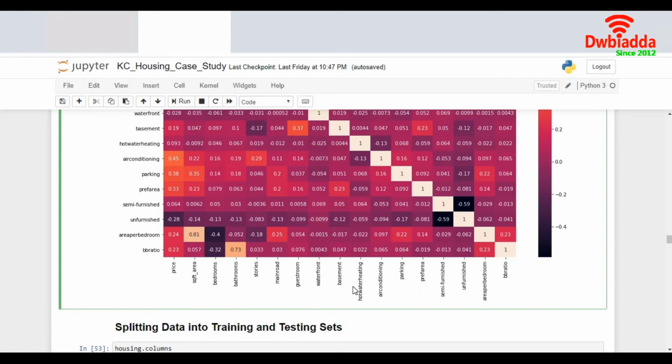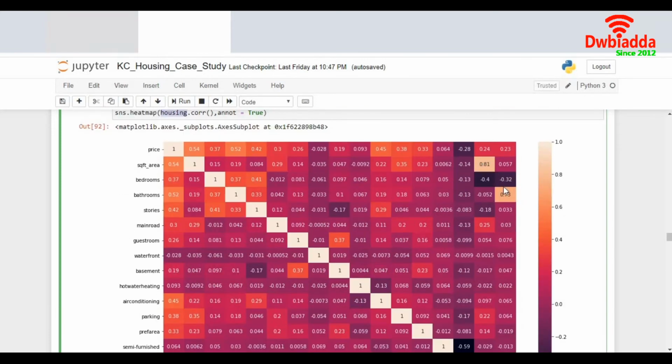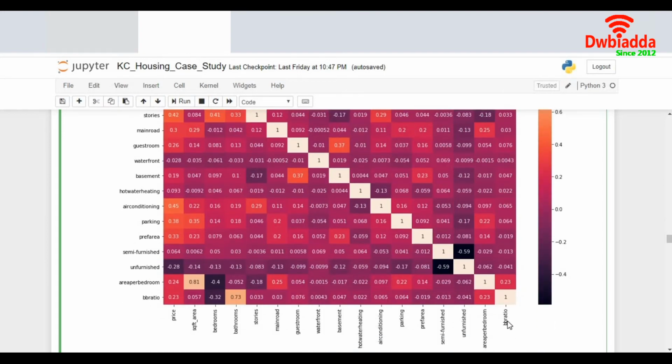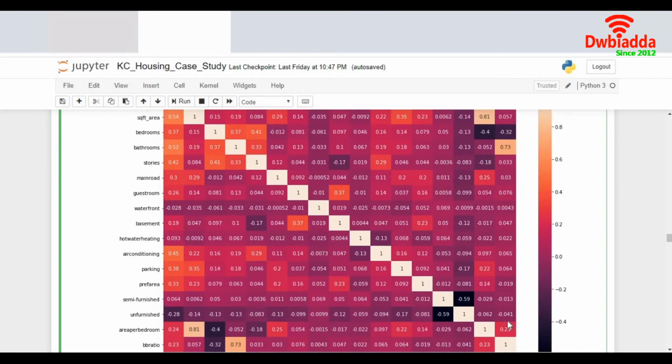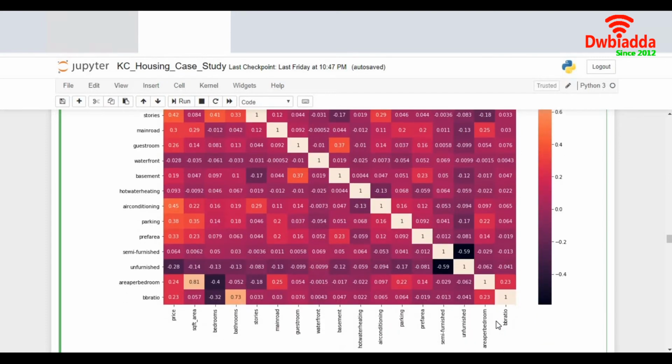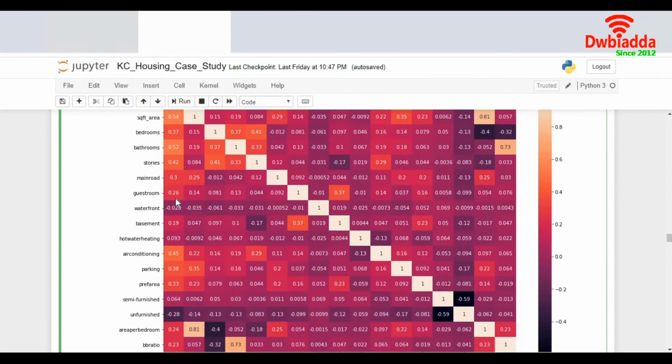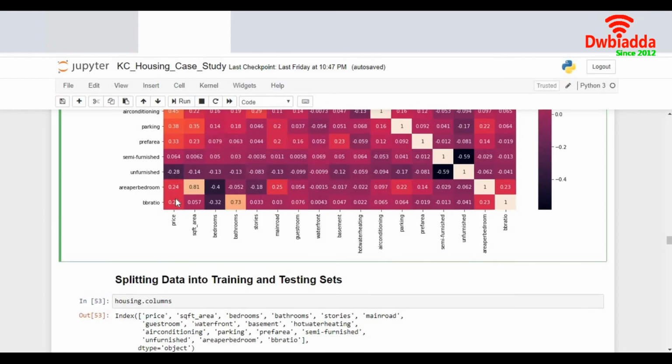So let's see which ones are highly correlated. I can see here the two high correlations, almost equal to 0.8 and 0.7. The square feet area is highly correlated to area per bedroom, and the number of bathrooms is highly correlated to the BB ratio, which is the bathroom per bedroom ratio. This gives me nice information about the data before I start off with it. Now I can do the same thing with the price. I can find out which attributes are highly correlated with the price, and accordingly I can have it as an intuition before I start off with my model.